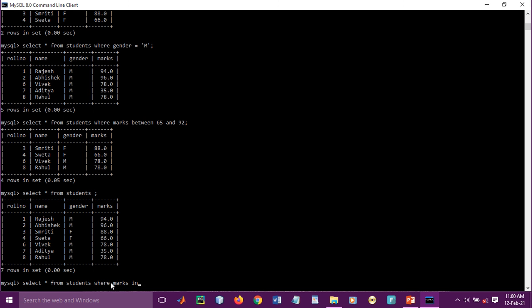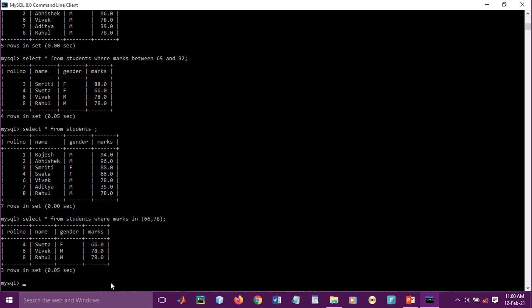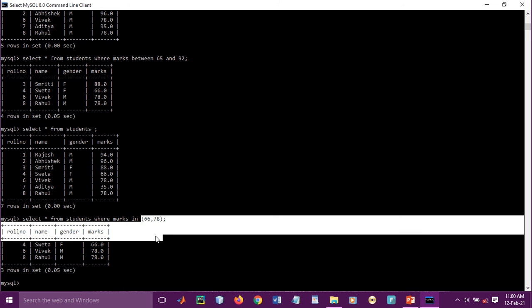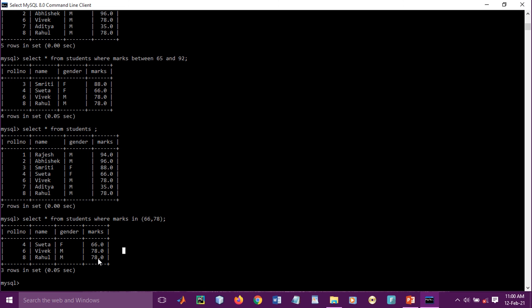Here you need to write the keyword in. It will list the contents we provided. Suppose we want to see 66 and 78. So it will show all the contents of those students whose marks are 66 and 78. Here two students got 78, so all the contents have been shown.